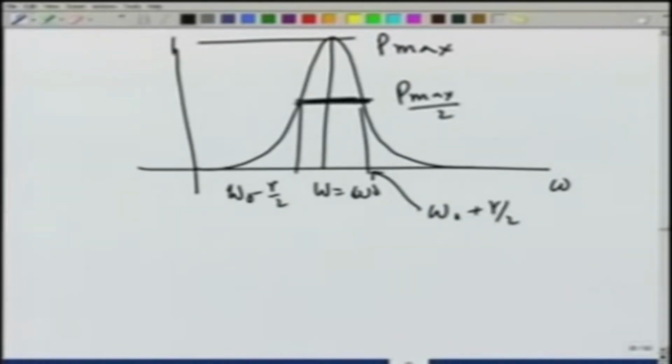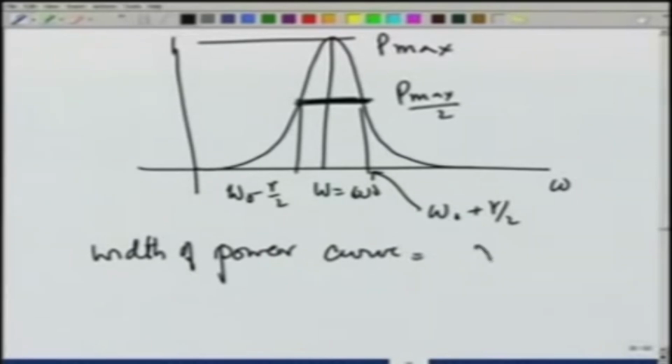This is known as the width of power absorption curve. So, width of power curve is gamma,